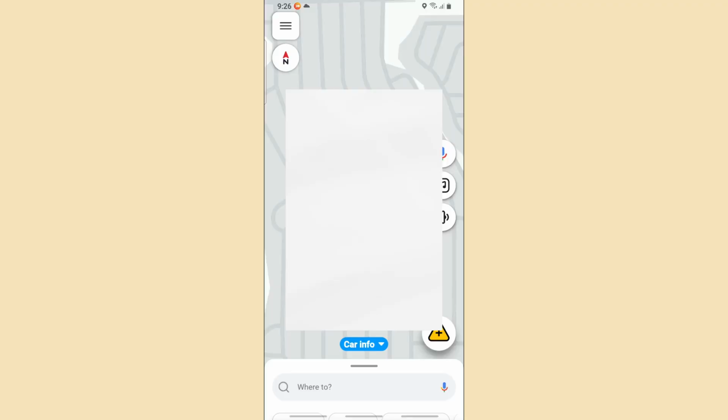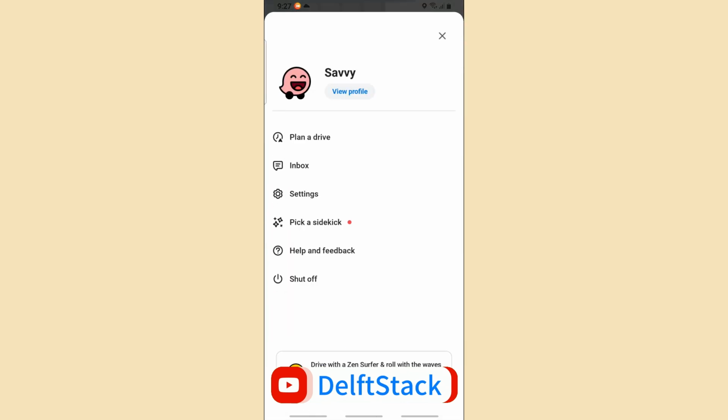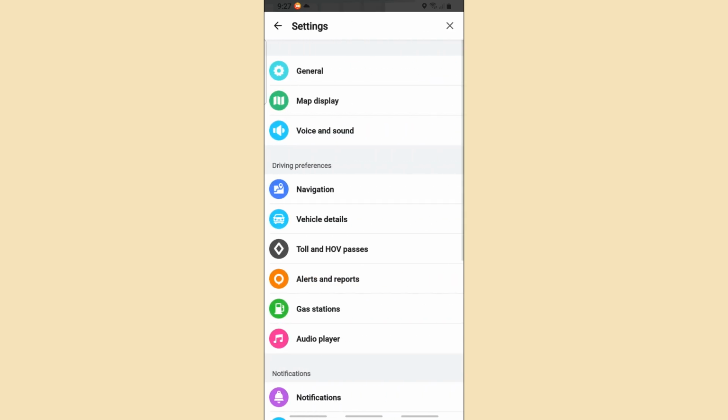Now, once you have opened the Waze application, you can just simply go ahead and select the three lines on the top left corner of the screen. And now over here, you can go to the settings, or the gear icon. Once you are here on the settings, guys, you just go to the driving preferences category